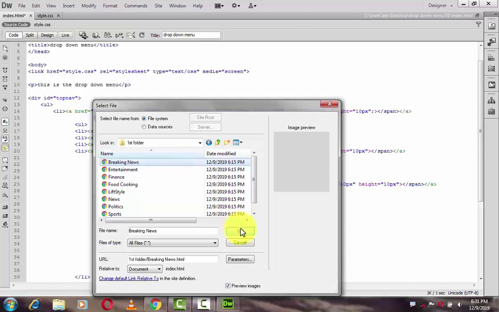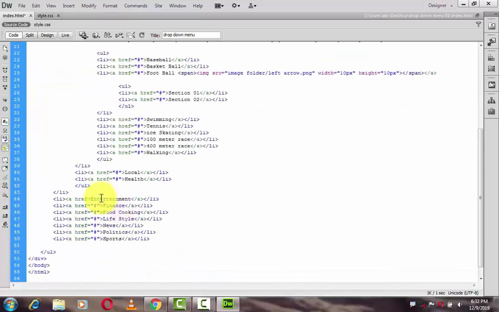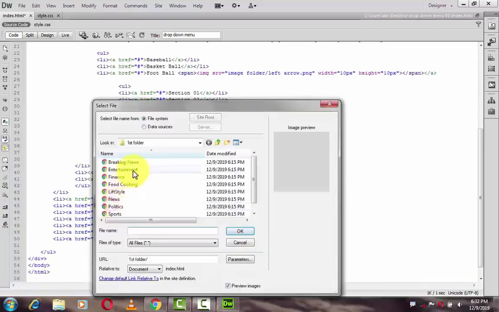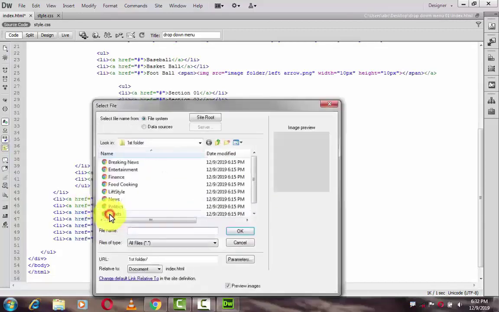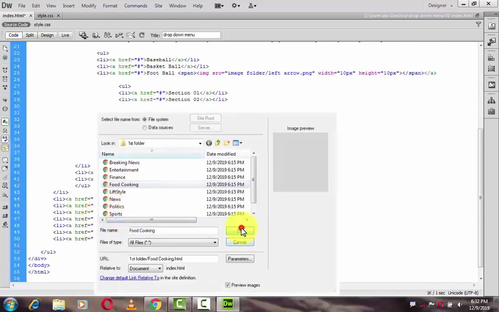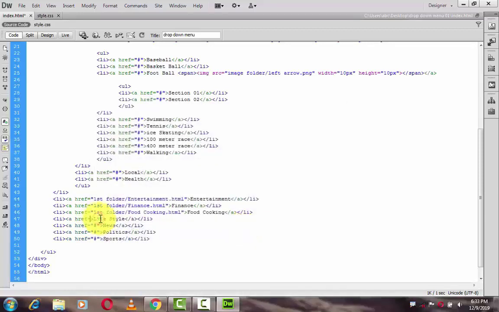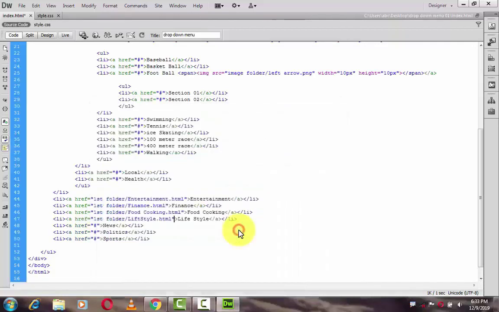and I can go to the first folder and select the breaking news and press OK here. Next one I just select here and save it. This is the first folder content here, and second one the entertainment folder, which is present in first. This is the first on our list, so I create a page for the first folder. I select the content from the first folder one by one. I select entertainment, second one is finance, third one is lifestyle,